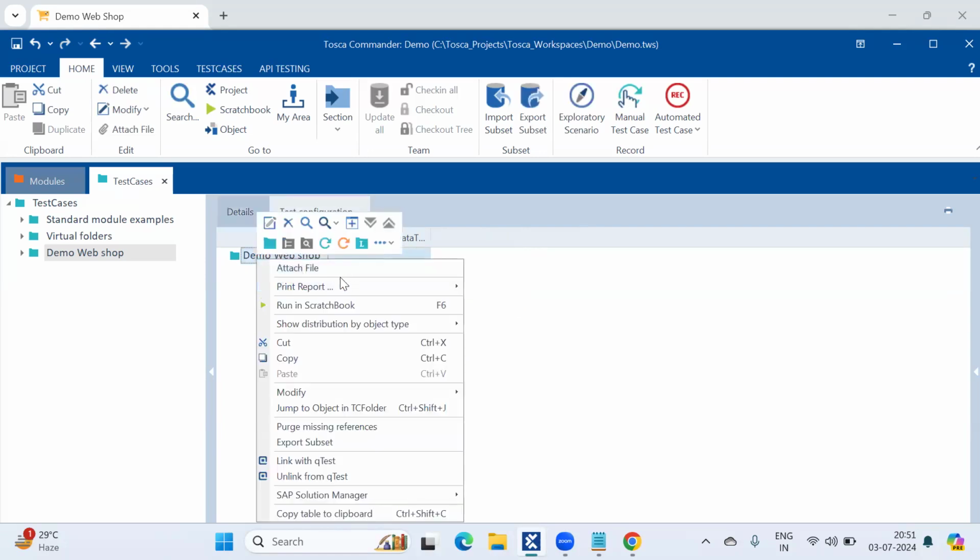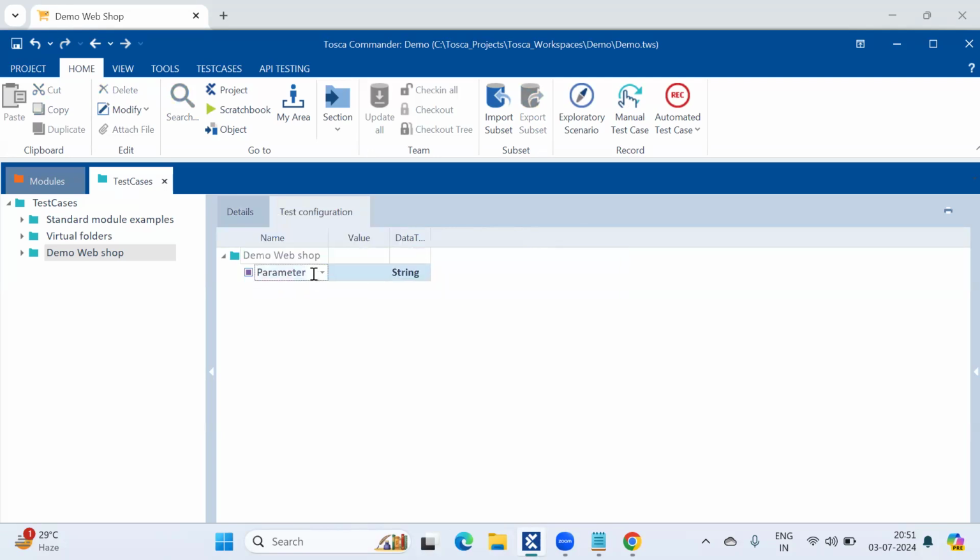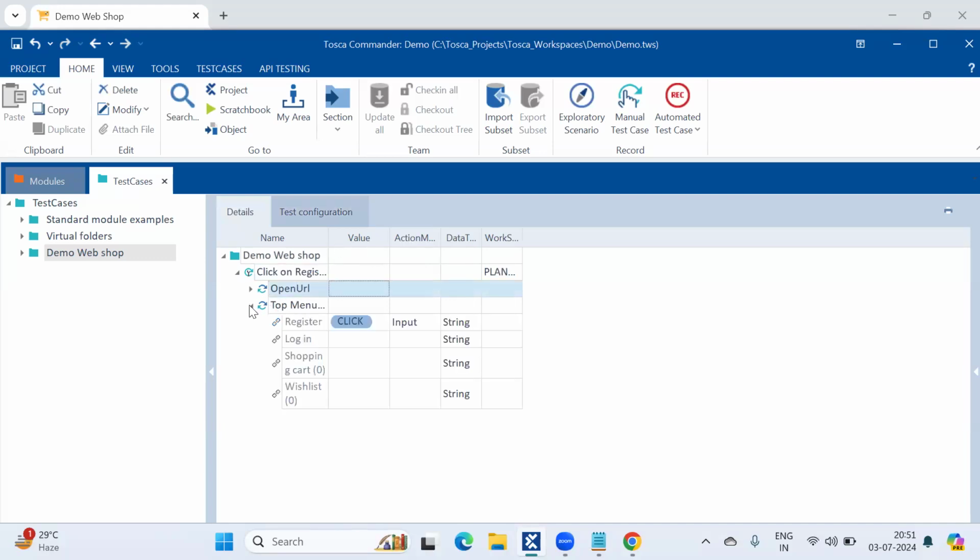In the test case, first open the URL and then the register button. Yeah. Let me show you. See, I have arranged in an order, right? I asked Tosca to open URL and then click on register button.